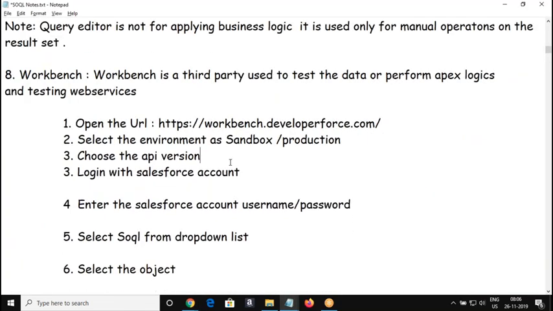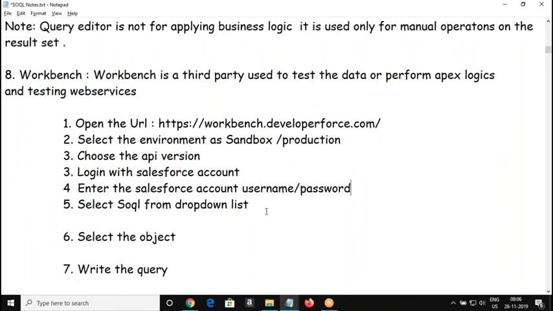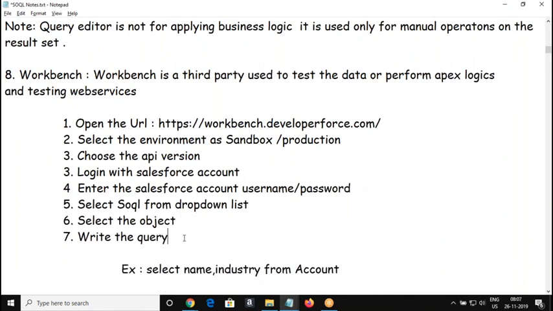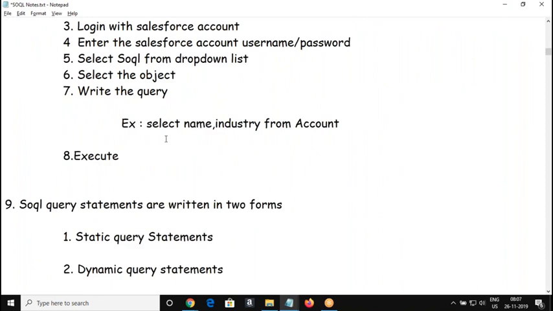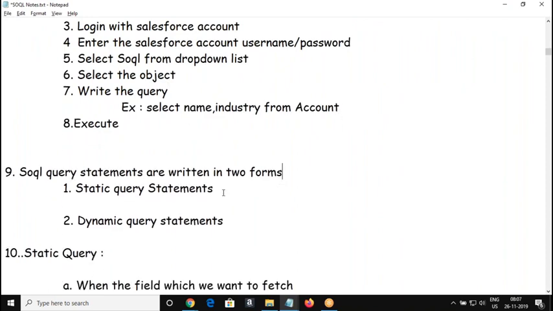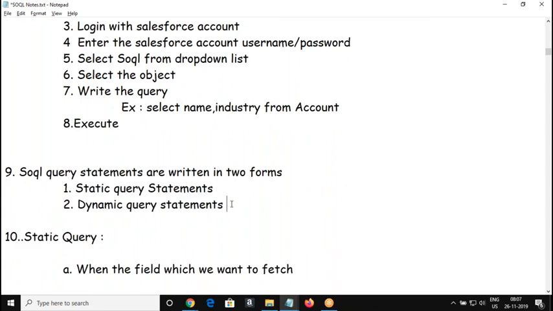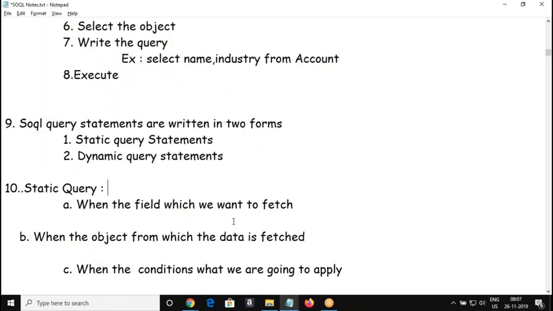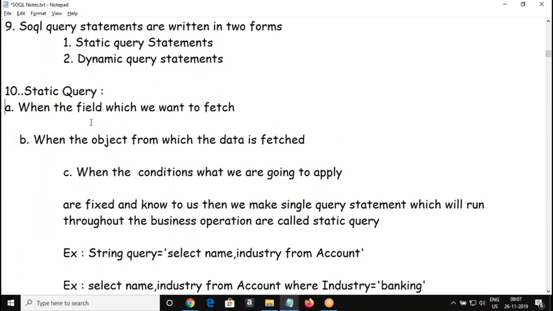So in Workbench, you log in with your user ID and password, and we have just seen that, right? That's in the notes given here. Then you execute the query, you get the result. Okay. And SOQL is of two forms. In general, there are two forms. One is static SOQL, the other is dynamic SOQL. Okay. When you say static SOQL, it means